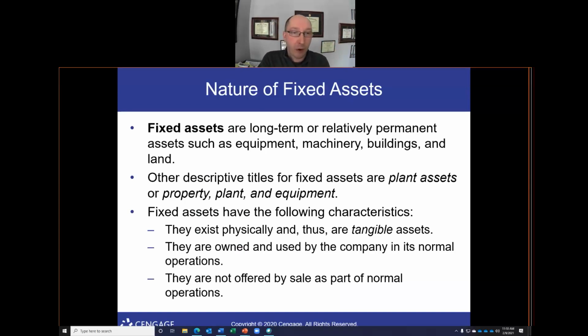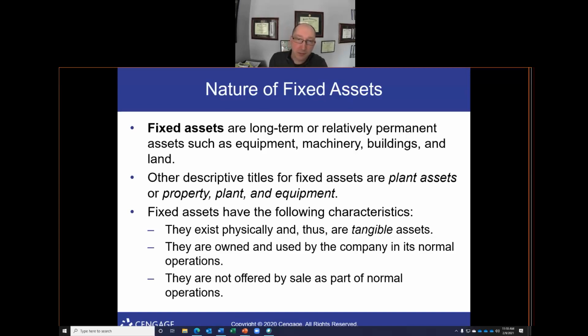So as I said before, fixed assets are long-term assets such as property, plant, and equipment. These assets depreciate over time. They physically exist and are called tangible. Remember, tangible, physically touch it. Intangible, cannot physically touch it. They're owned and used by the company in day-to-day operations, and they're not typically offered for sale as a normal